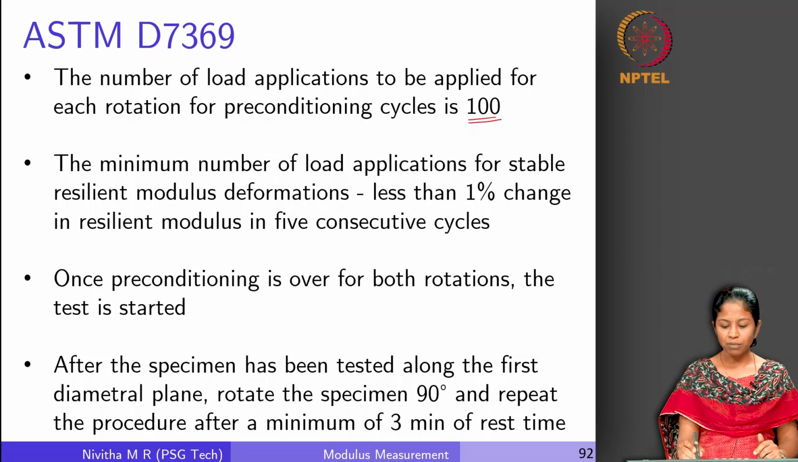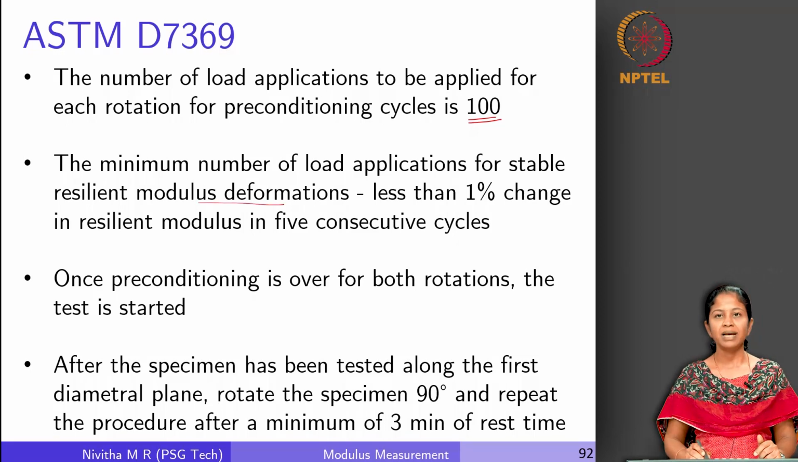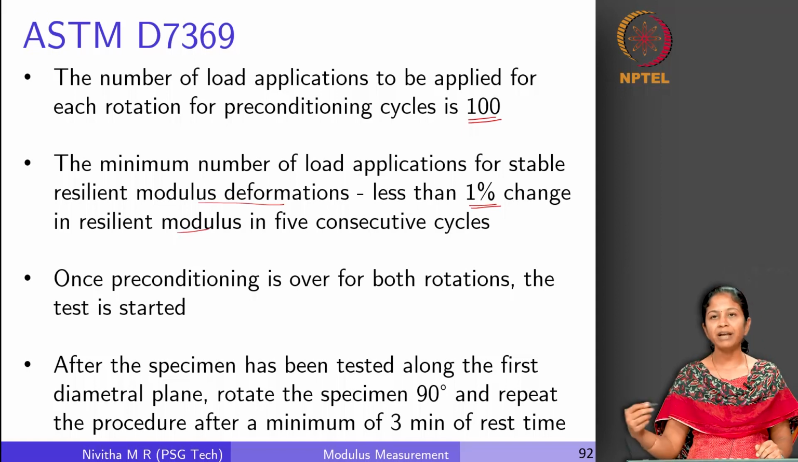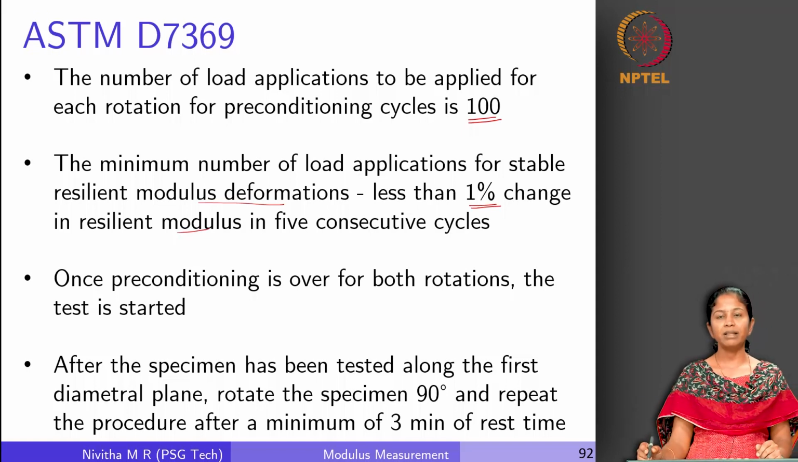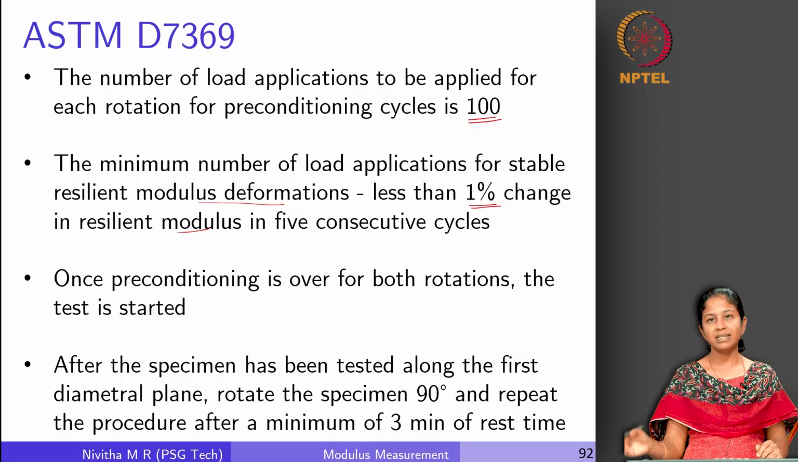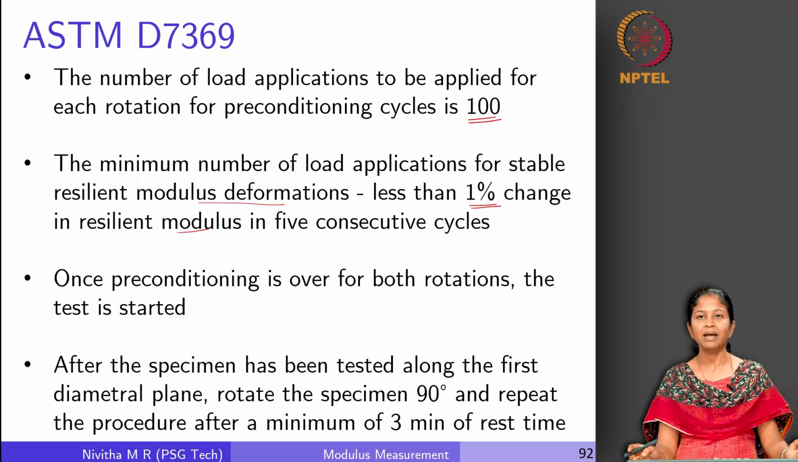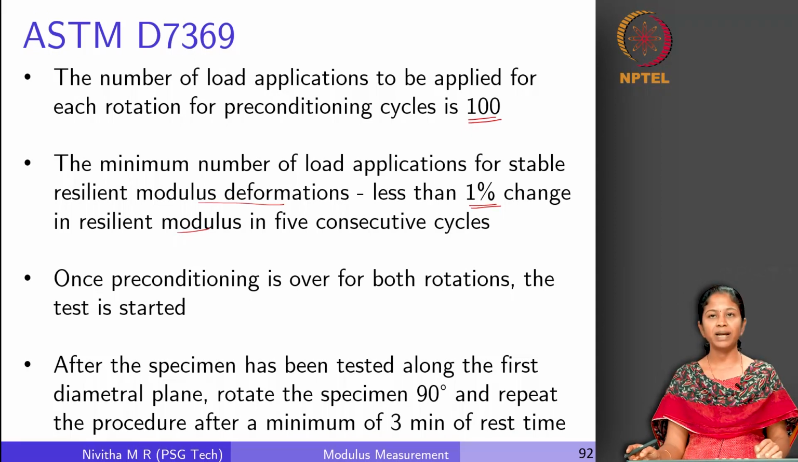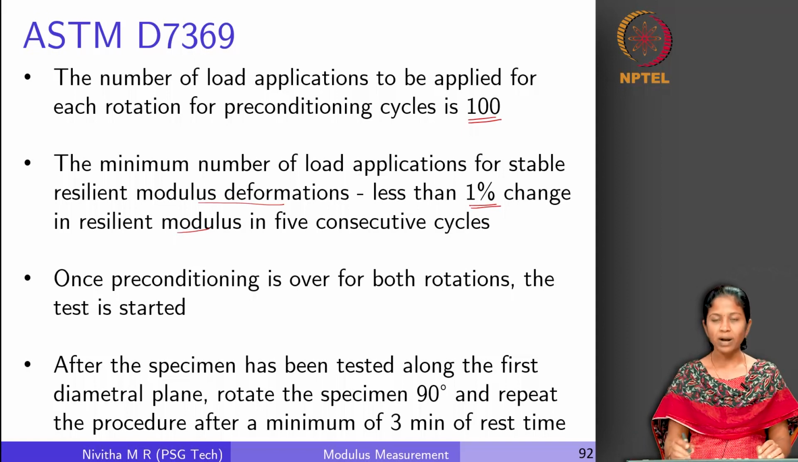So this minimum number of load applications for stable resilient modulus deformation is necessary, right. So what do we mean by a stable resilient modulus state? There should be less than 1% change in resilient modulus for 5 consecutive cycles. Then we call that state a stable resilient state. We are able to quantify that easily for granular materials. We say that between 100 and 200 cycles or close to that we will be able to get that kind of a resilient state. So now identifying that state, again as we said earlier, is going to be a challenge